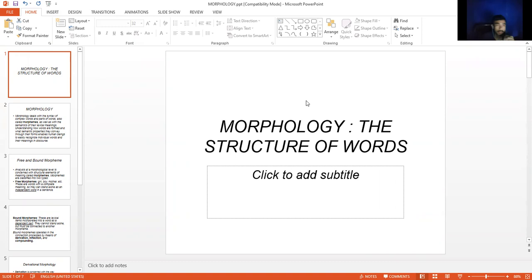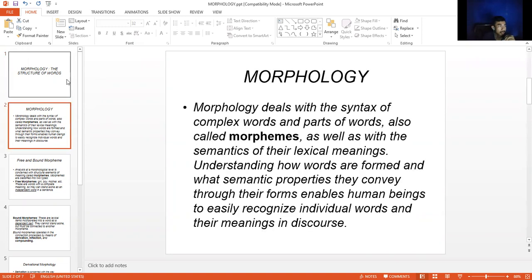The first thing we have to know is what is morphology. Morphology is the structure of words. Morphology deals with the syntax of complex words and parts of words, also called morphemes, as well as with the semantics of their lexical meanings, understanding how words are formed and what semantic properties they convey through their forms, enabling human beings to easily recognize individual words and their meanings